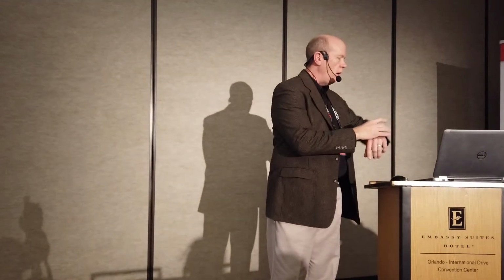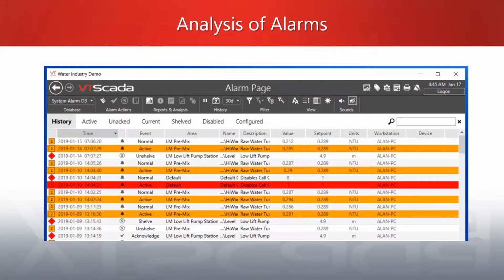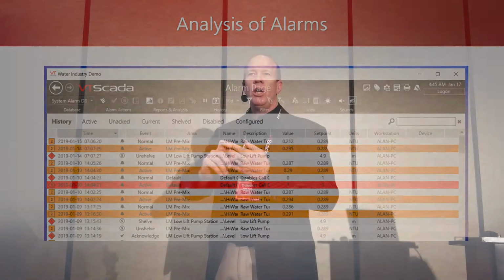So as we continue on with this, the analysis of alarms, I think, is the most important portion of what we have to look at. You'll notice some various colors here. I think it might have been addressed a little bit yesterday as well in one of Glenn's talks. But what ISA 18.2 addressed was not only operator fatigue, but also visual challenges. Who in here is colorblind? Well, at least one, good.